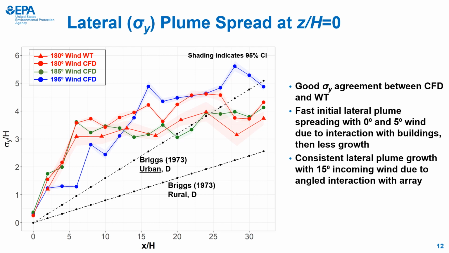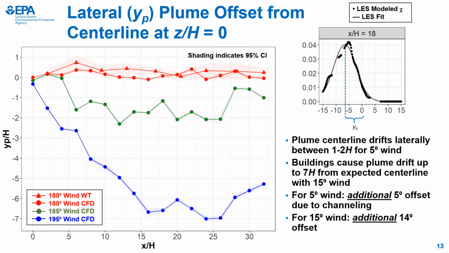The dashed plume spread lines are plotted for reference. So I already showed the YP variable a couple slides ago, but how does it compare with the other cases? Well, here you can see that for the 0 degree cases in red, they hover around the 0 mark throughout the plume's transit throughout the building array,